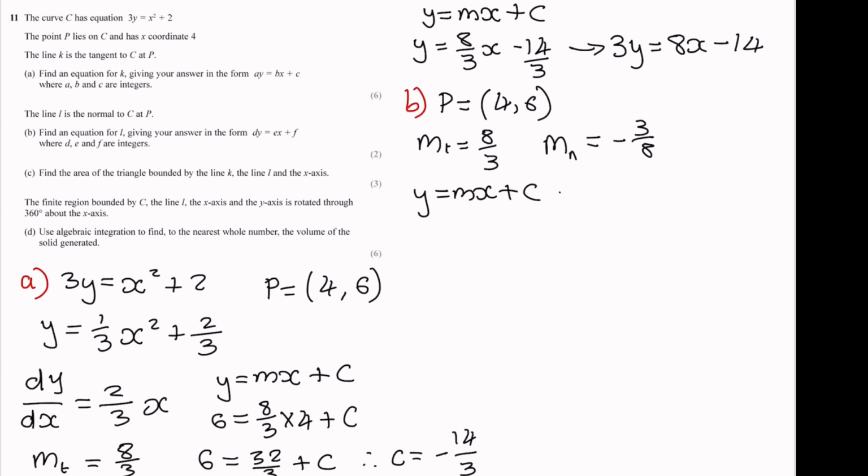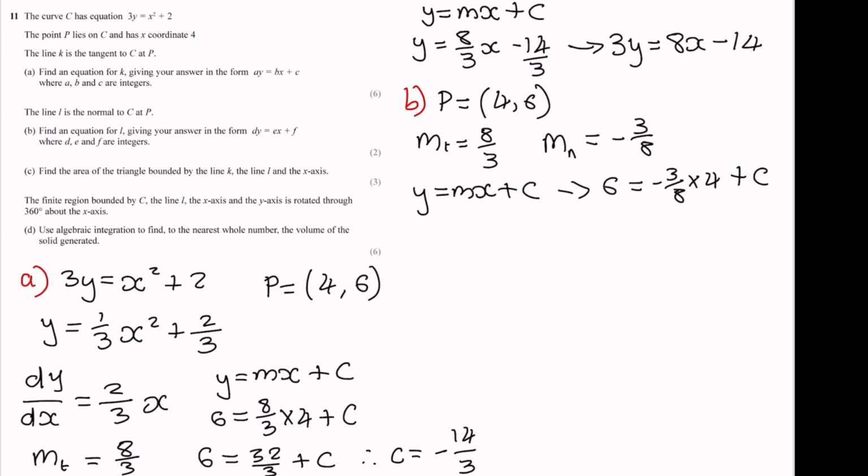So 6 is equal to minus 3 over 8 multiplied by 4 plus c. So 6 is equal to minus 12 over 8 plus c, which gives us a value for c of